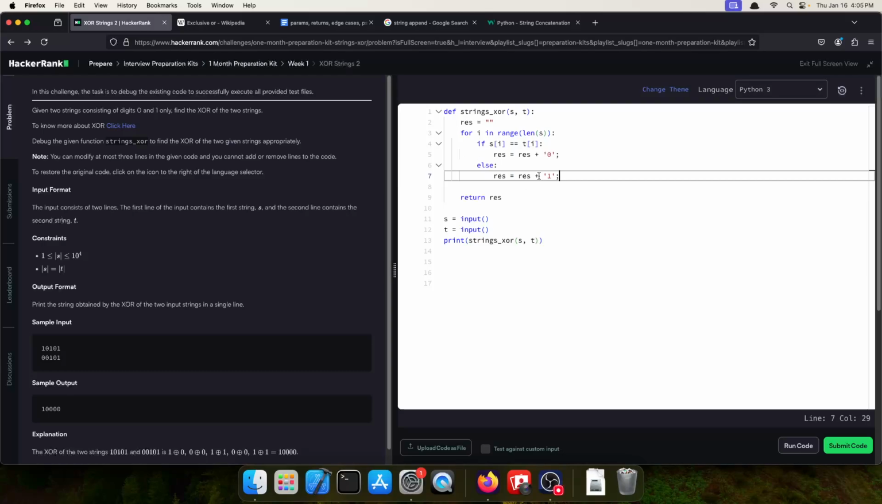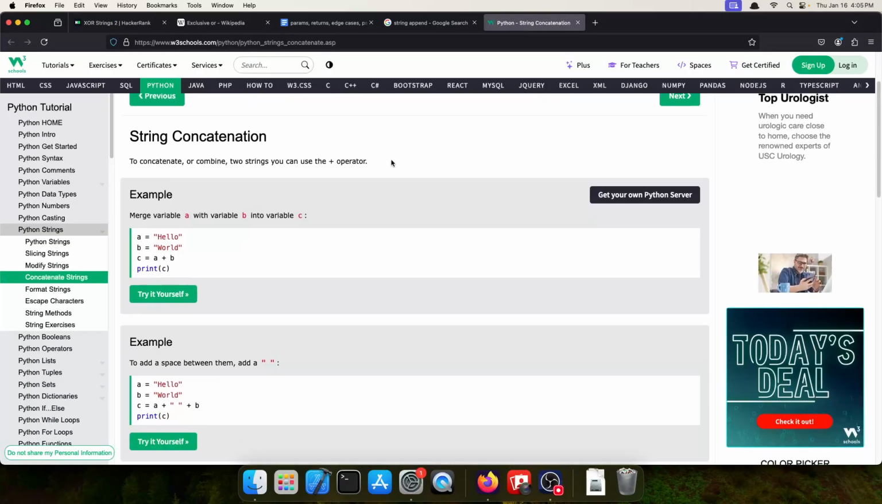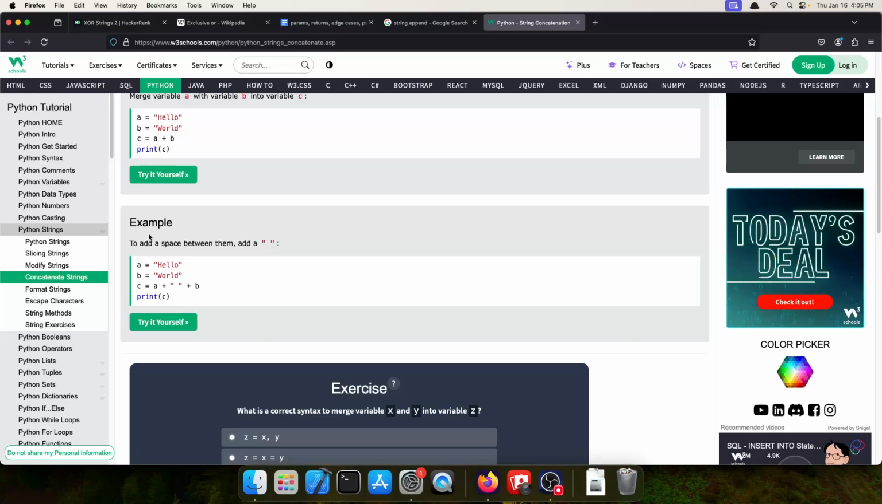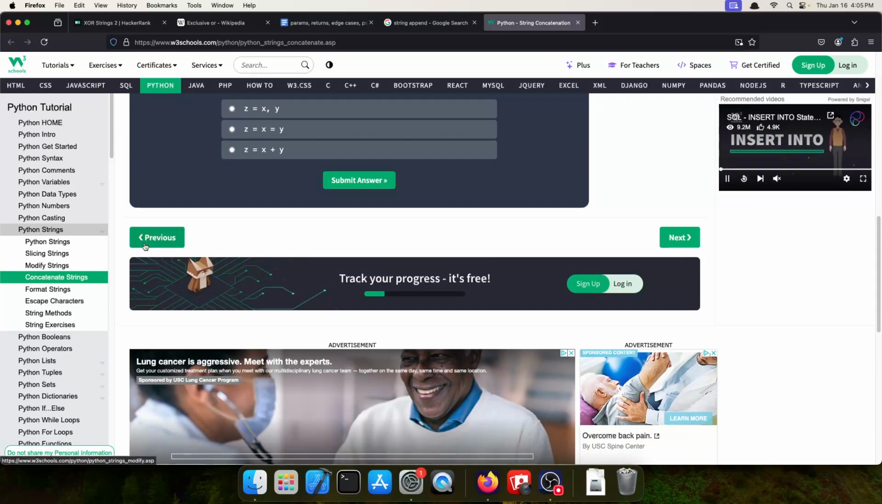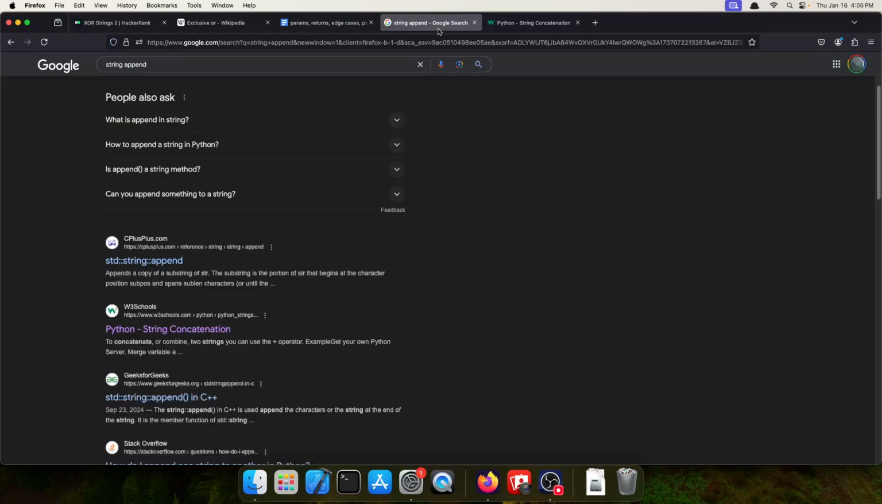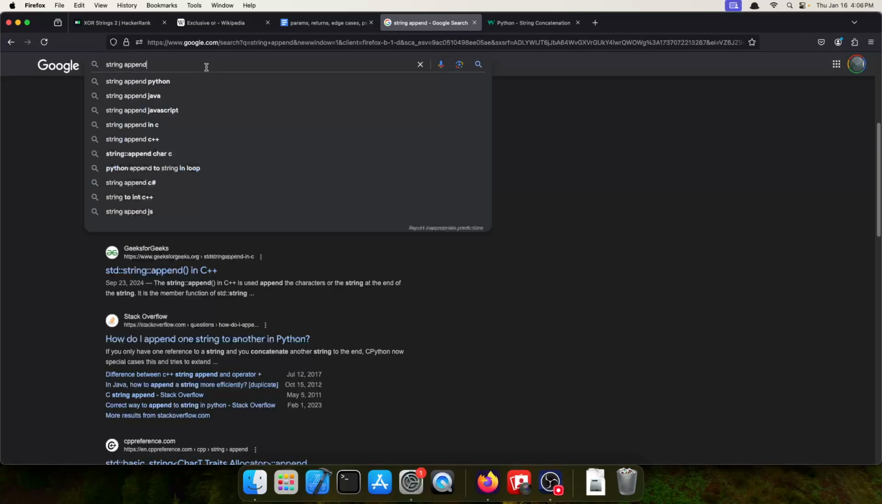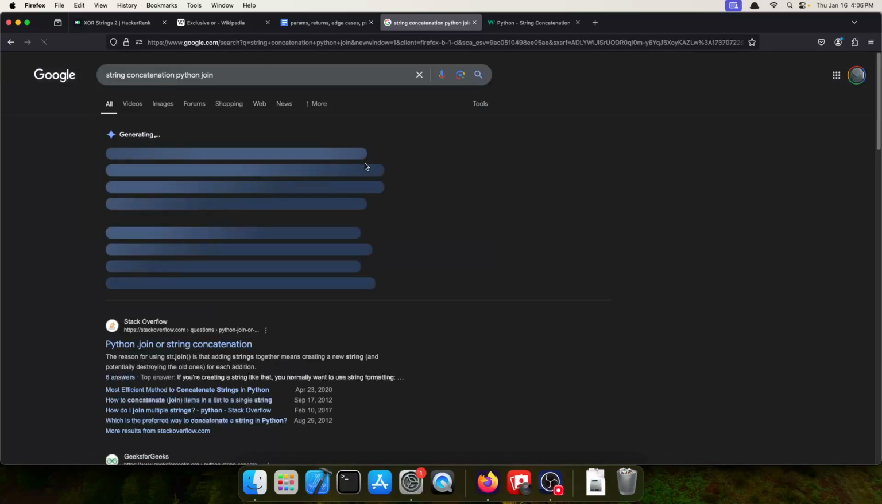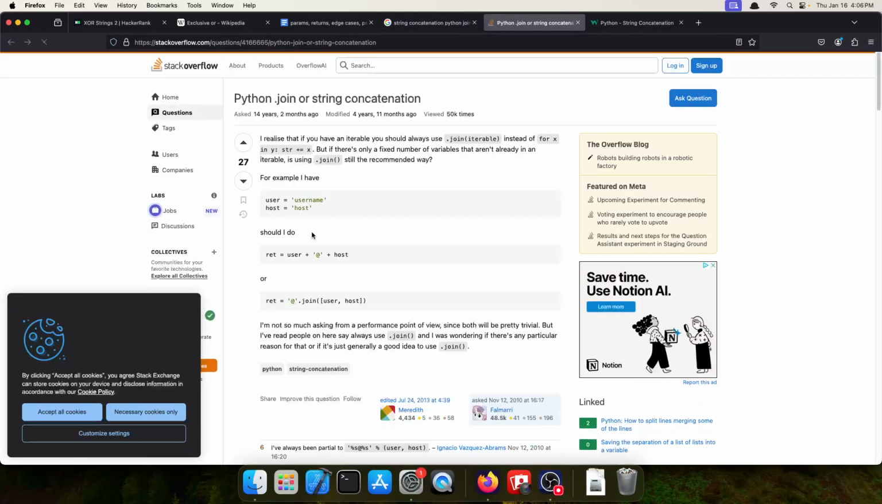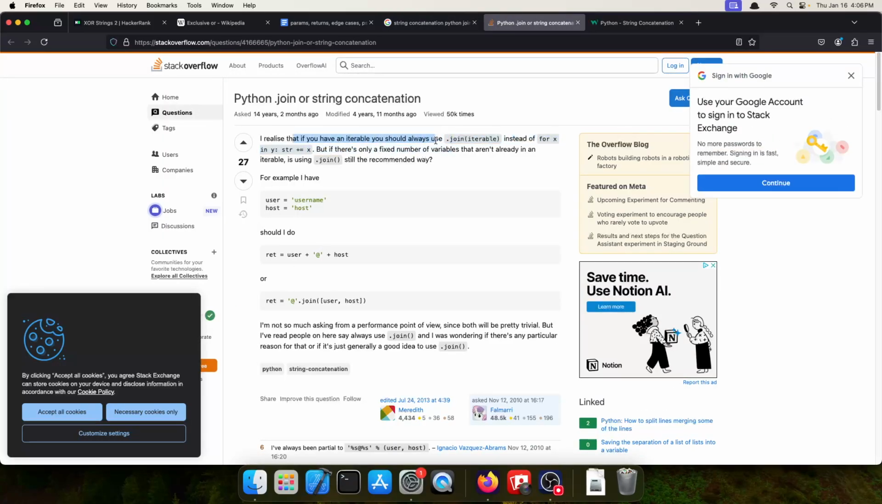Okay, so string concatenation. What other ways are there for string concatenation? Concatenation, Python, join. If you have an iterable, you should always use .join instead of for. This is why I didn't use .join. If there's only a fixed number of variables that aren't